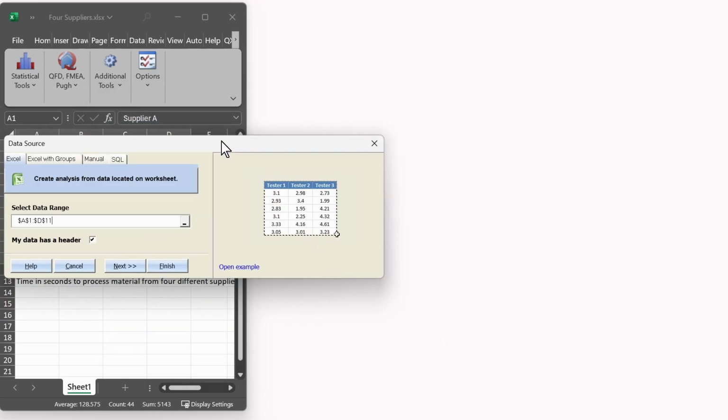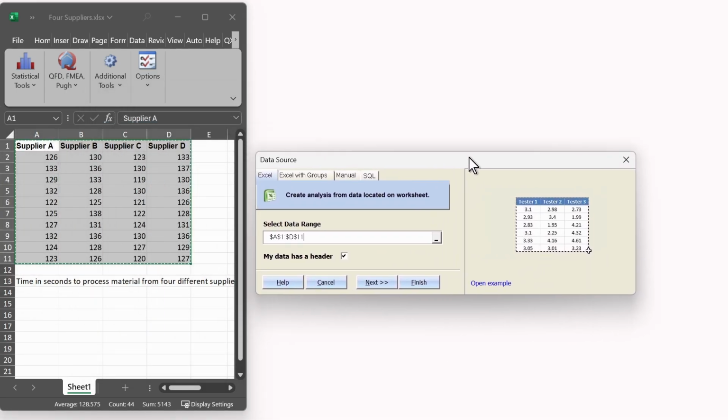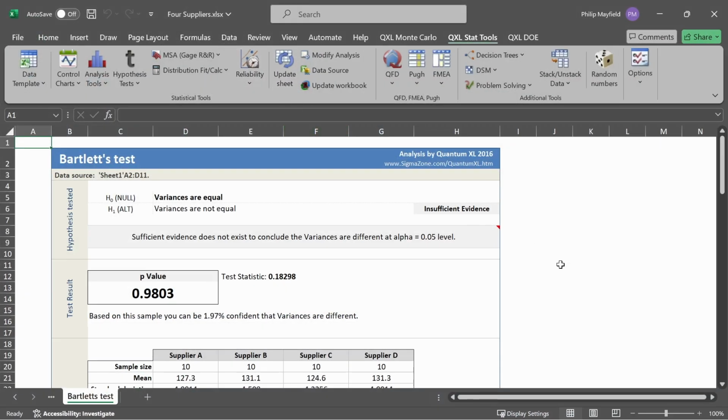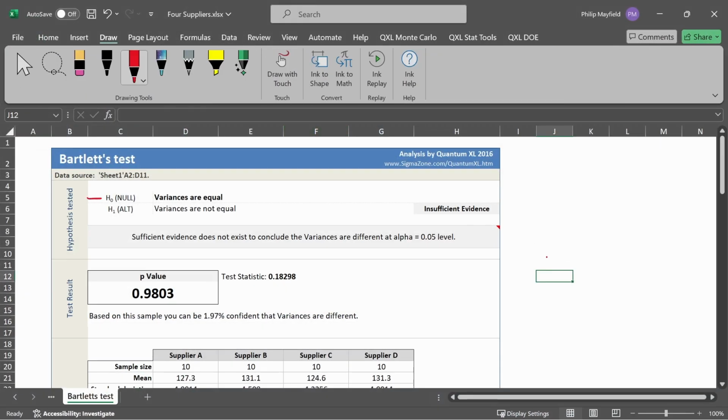When I do, Quantum Excel will again ask me the data range. Had I not selected it in advance, then I could select it now. And when I click on Finish, Quantum Excel will run Bartlett's test. The null hypothesis is that the variances are equal, and the alternate hypothesis is the variances are not equal. The p-value is 0.98, and since 0.98 is much larger than the alpha critical or decision criterion 0.05, then Quantum